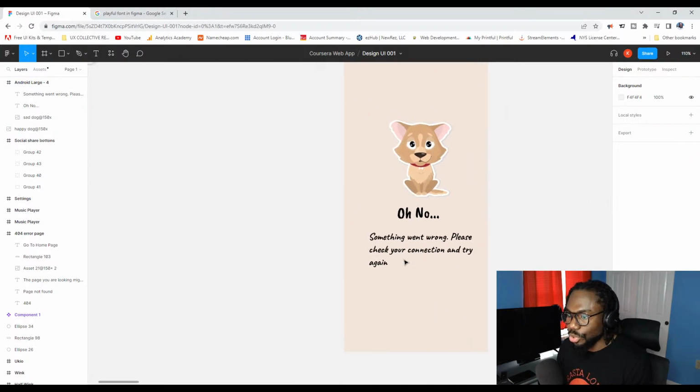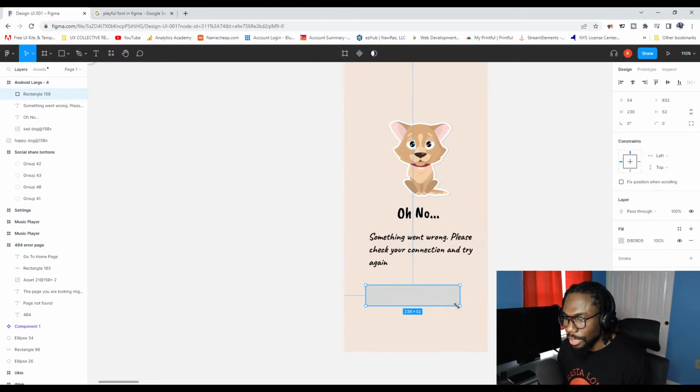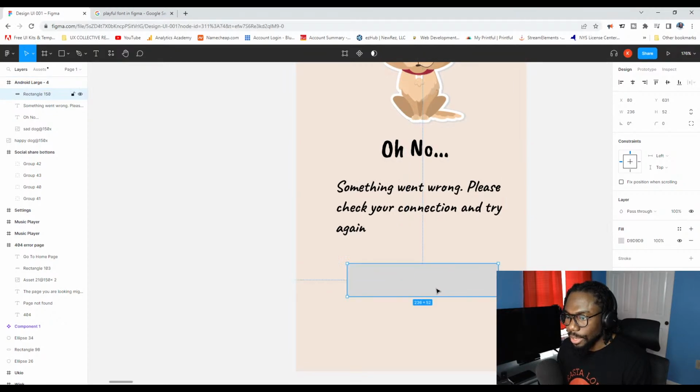What else can we do? We can add a button. Let's add a button to this design. Let's go rectangle and slap a button on this thing. Nice and big too. And then we're gonna find a nice little color for that. Let's make this